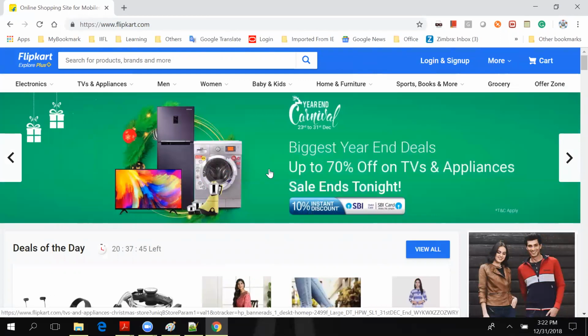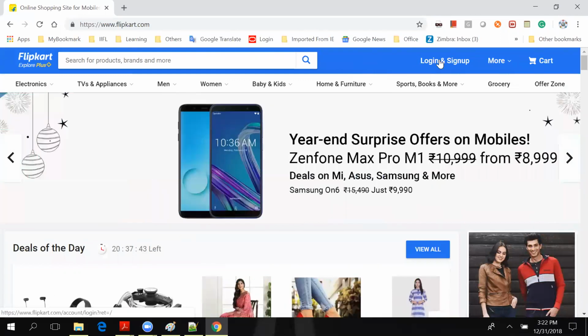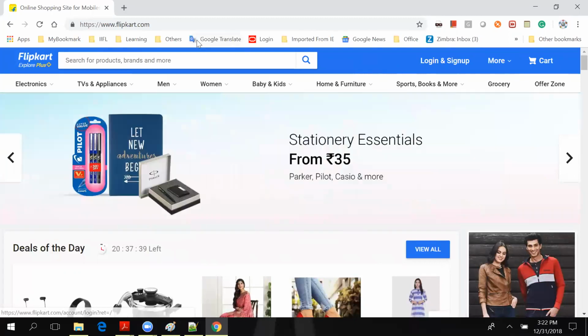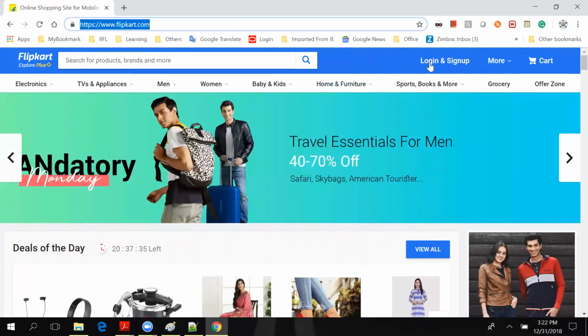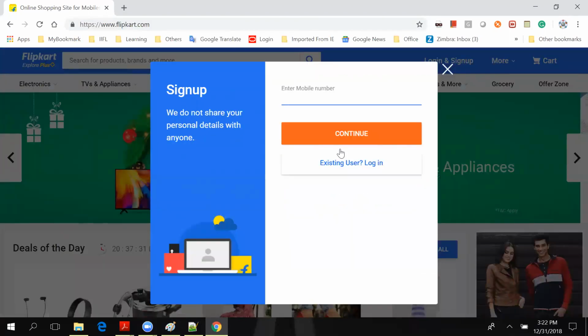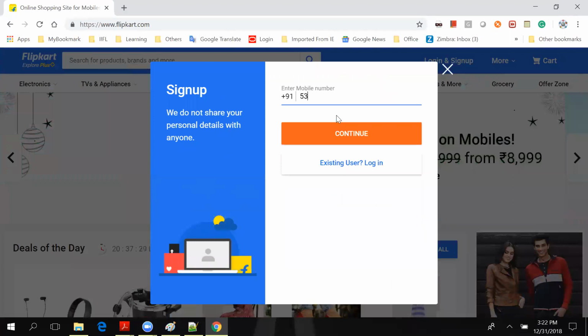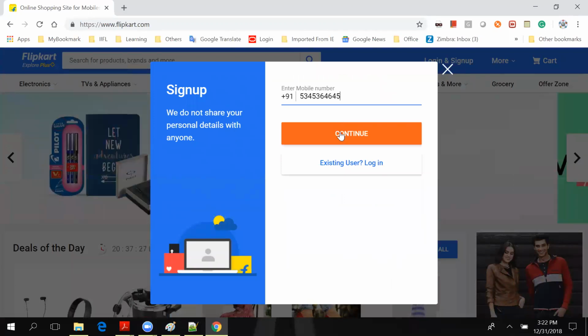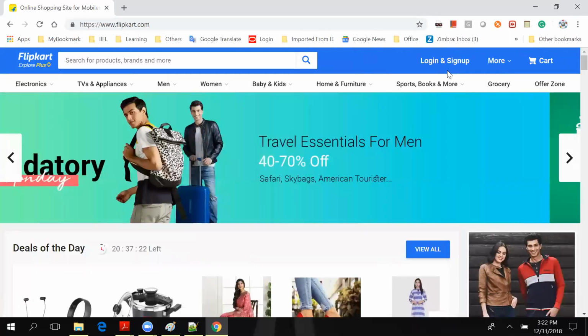Automation is the same thing you have to do, but you will not be doing it manually. You will tell some tool, and that tool is going to do it. So what is the tool going to do? The tool is going to open flipkart.com, then click automatically on "New to Flipkart", enter your mobile number or something, and then click on continue. So instead of doing it manually, you will ask some tool to do it. That is nothing but automation